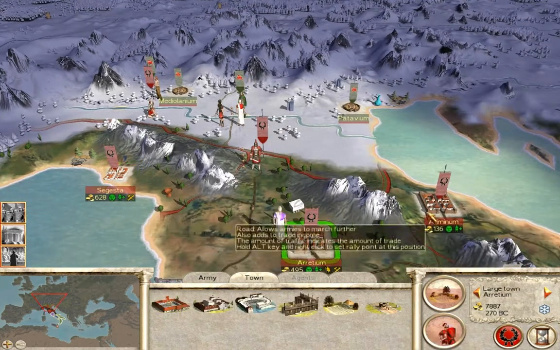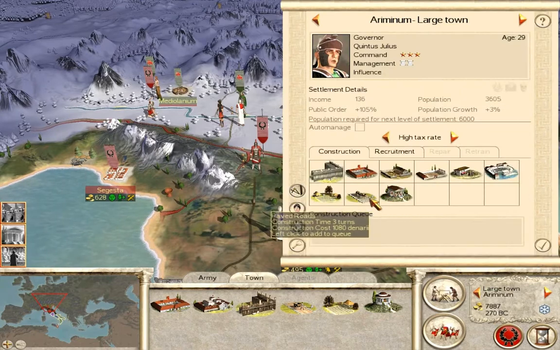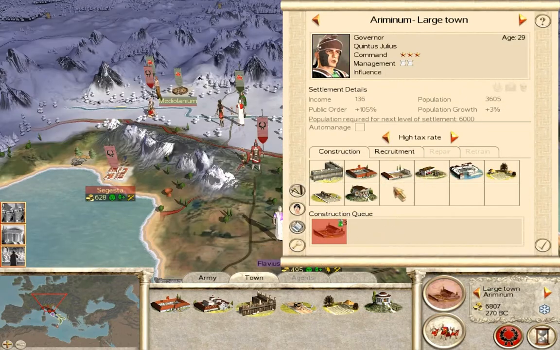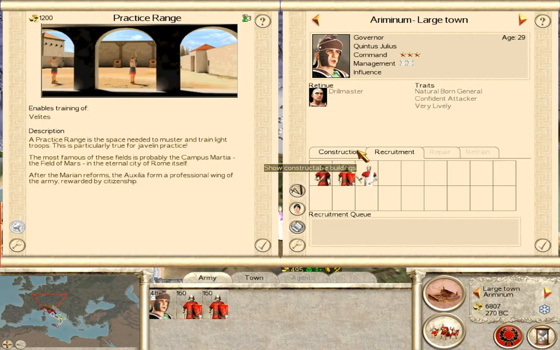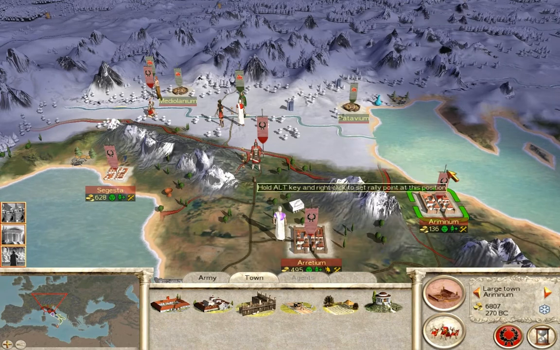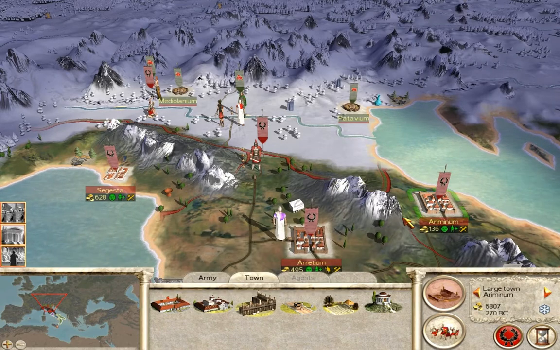Make our troops go through the area faster, and it is good times. First thing we're gonna need is we're gonna need Cav. Can we recruit Velites anywhere? No. So, because the whole population thing, it's...